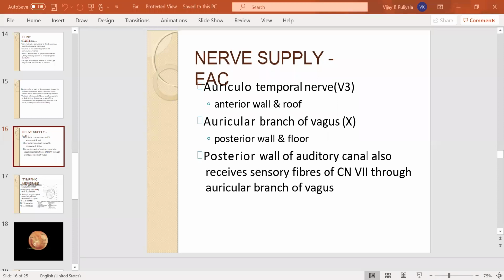So angulation of the isthmus is also different; there is no angulation between the bony part and the cartilaginous part in the infants. These are the differences between the infants and the adults. Since the eustachian tube is shorter, wider, and more horizontal in infants, infections from the nasopharynx can easily spread to the middle ear.